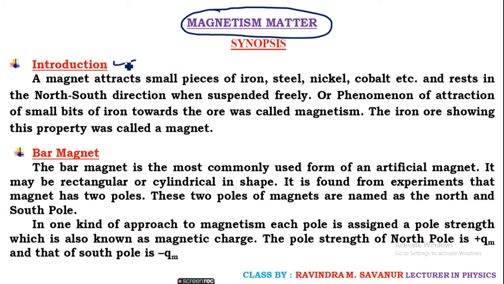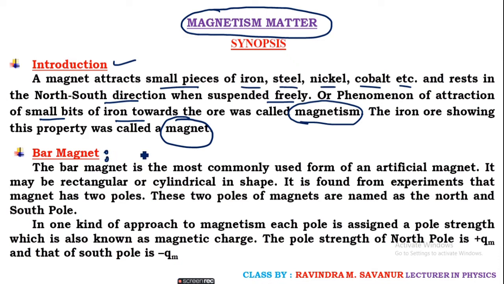In the introduction part, a magnet attracts small pieces like iron, steel, nickel, cobalt, etc. It rests in the south and north direction when it is suspended freely, and the phenomenon of attraction of small bits of iron towards it is called magnetism. The iron ore showing the property of a magnet, and we come across this bar magnet,